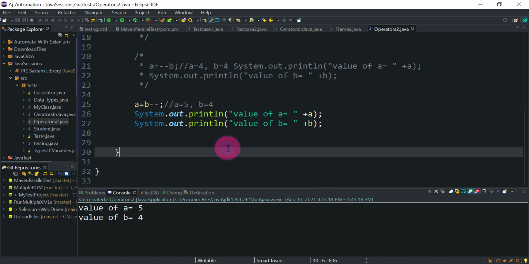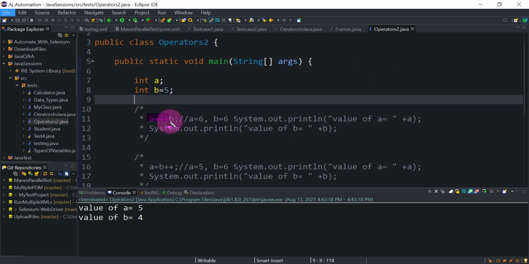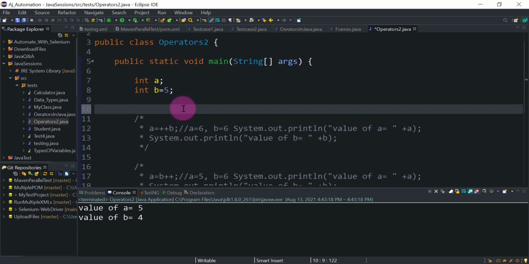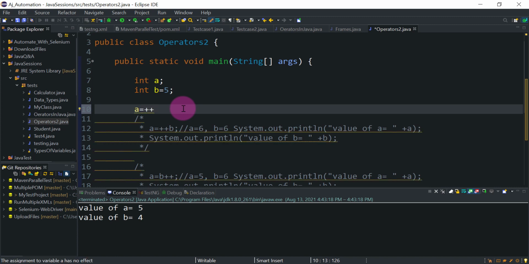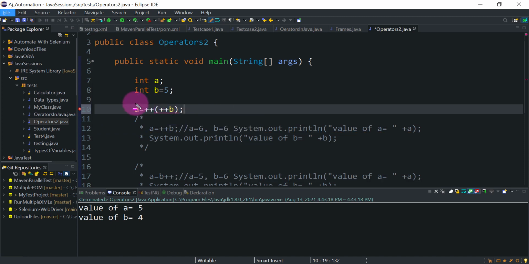5 and 4. Okay. So in the previous example, we are just applying increment or decrement operators only once in the expression. So what will happen if I apply increment and decrement operators multiple times? That means if I write like this, a equal to ++(++b). Okay, this is first increment and then increment the value again. So here you can see it is giving some error. So what is the error? Let's see. Invalid argument to operation ++ or --, meaning increment or decrement.